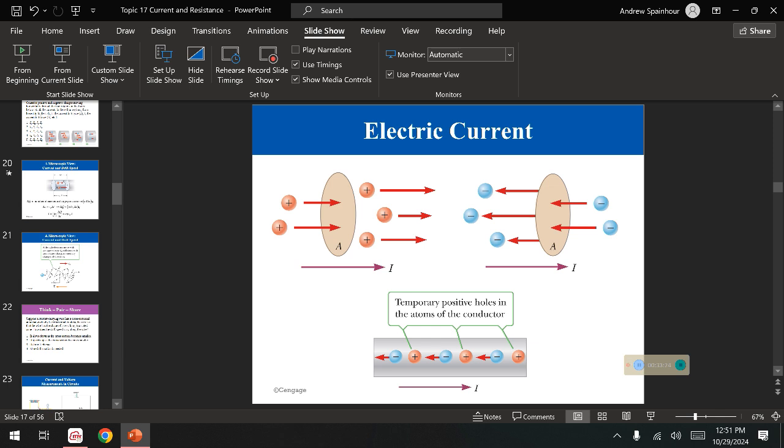A copper wire flows electricity pretty darn fast. If I have 10 amps in a copper wire, I'd like you to, real quickly, in 30 seconds to a minute, make a guess at how much velocity an electron in a wire is traveling at. Just guess. So you've got a wire here. Imagine a wire's running across. I've got 10 amps of current going through it. The question is, what is the velocity of an electron in that wire? Just guess.